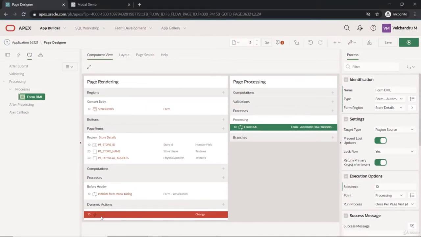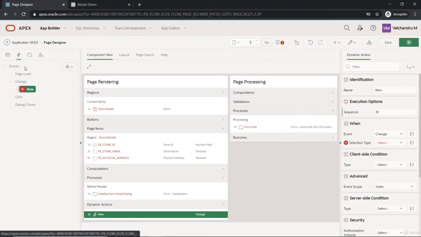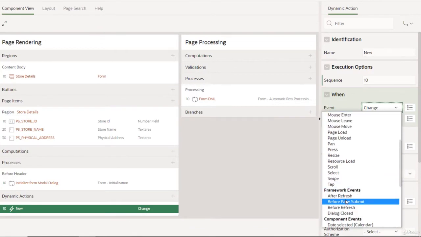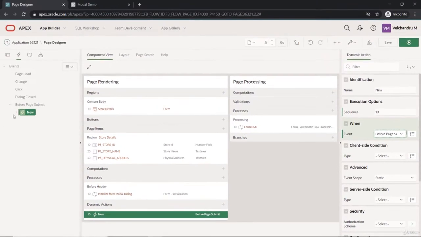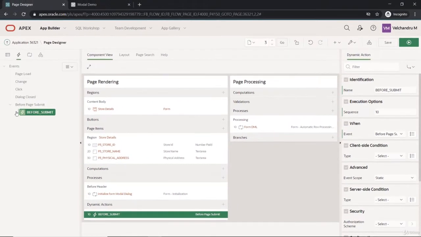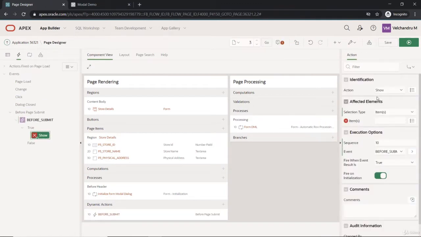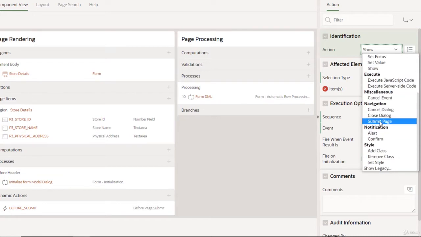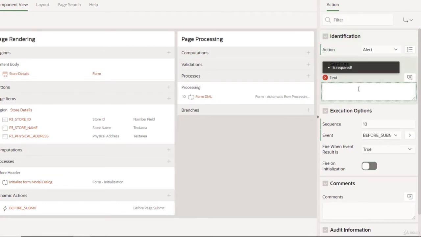So what this was doing, if we go into the dynamic action, which is in pending side, so we'll select the before page submit. So before the page is going to be submitting, we have to do something. So maybe we have to show a message or something. Maybe we have an alert here by default, provided by Oracle. This will show the APIs based alert. You can write this may